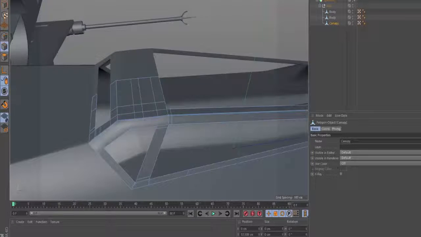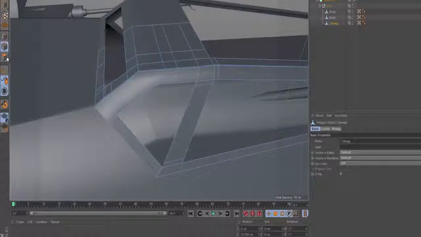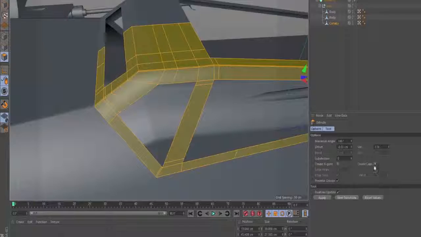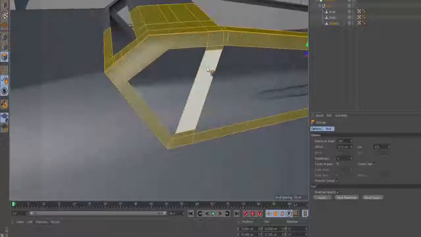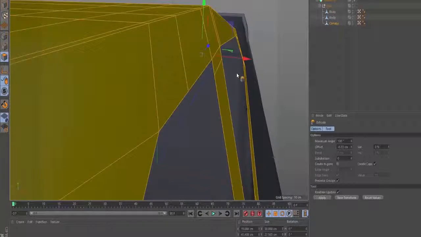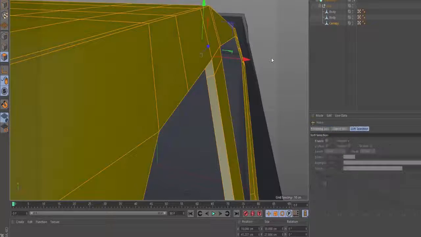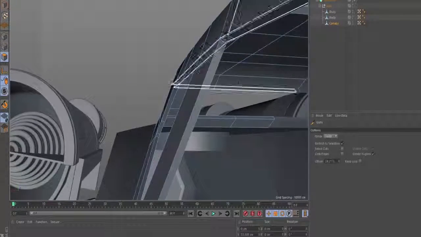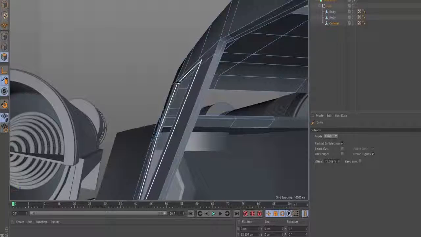Alright, and just to finish it up, I think I'll take everything, right click and choose extrude, and then I'll do an extrude where I create caps, and then I will just extrude in a little bit like this. I think I'll flip all the normals, and I will add a few cuts